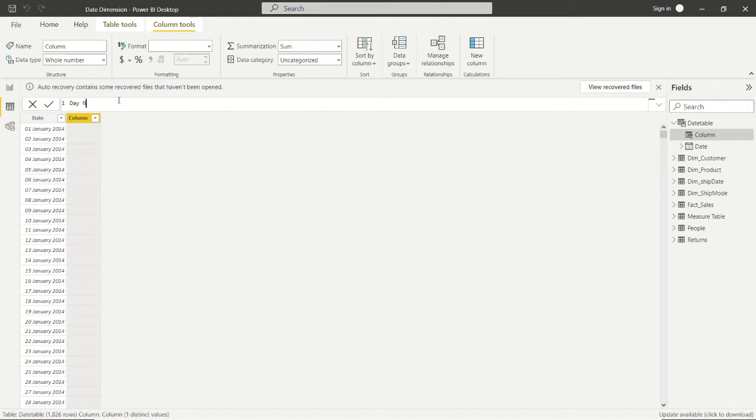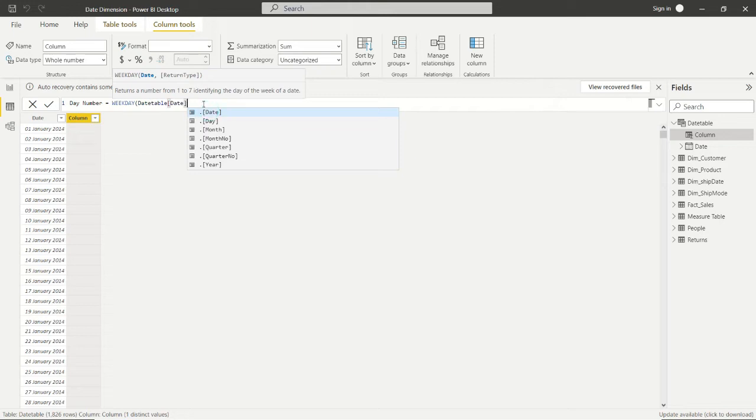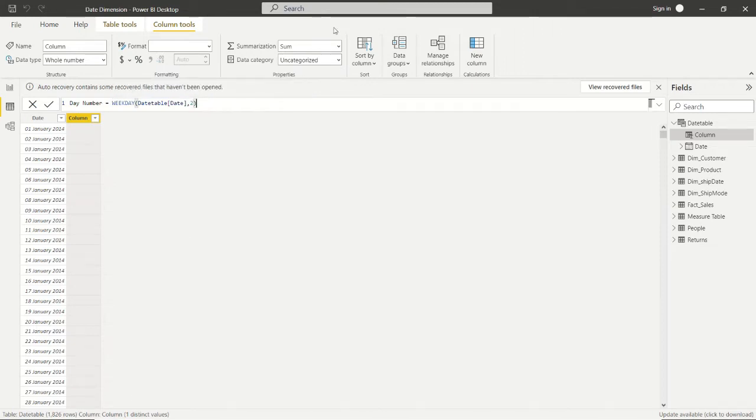Here we will use the function: day number is equal to WEEKDAY, date table date, 2. We already saw in the date dimension video that we used the FORMAT function, but here we'll use the WEEKDAY function.